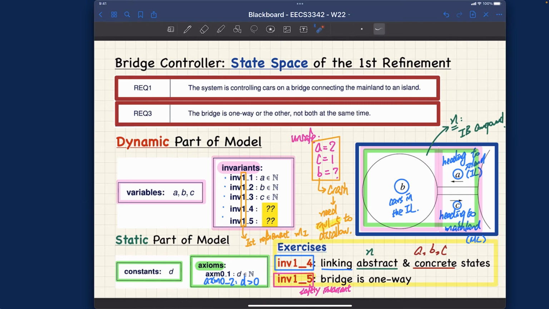Invariant number 4 is going to draw the relationship between the abstract state variable and the concrete state variables A, B, and C. Invariant number 5 is going to specify the safety concern that the bridge should be just one way, either going this way or this way, but not both. Whereas this number over here may not be so important, except that it should be less than or equal to D, of